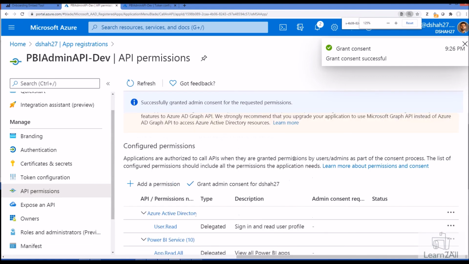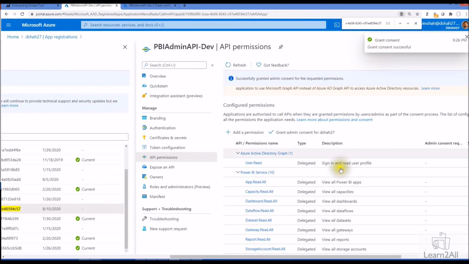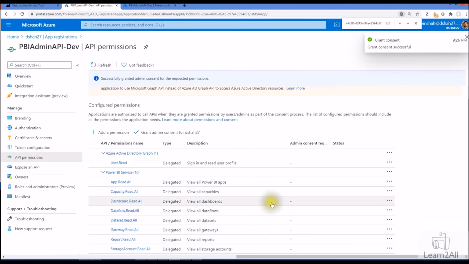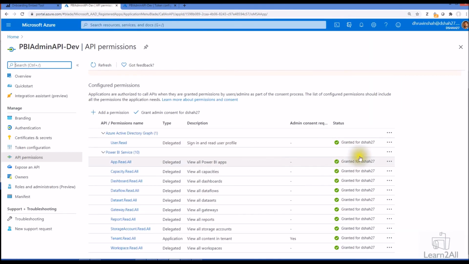So grant consent successfully. Now let's refresh the app and check. And here you can see that the consent has been granted successfully. You are able to see the green symbol over here and it has been granted successfully, right?